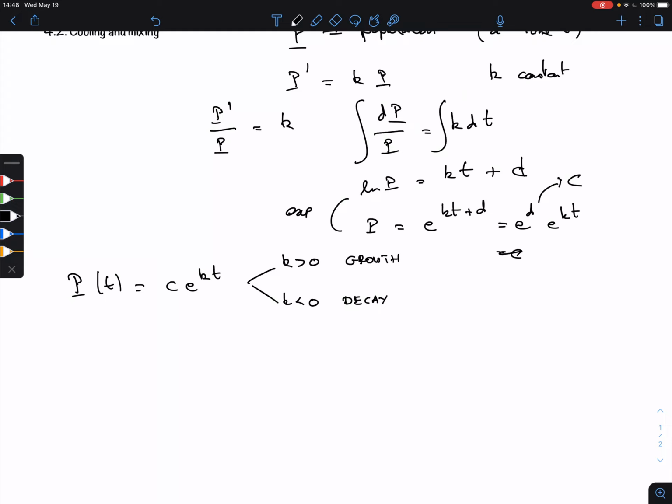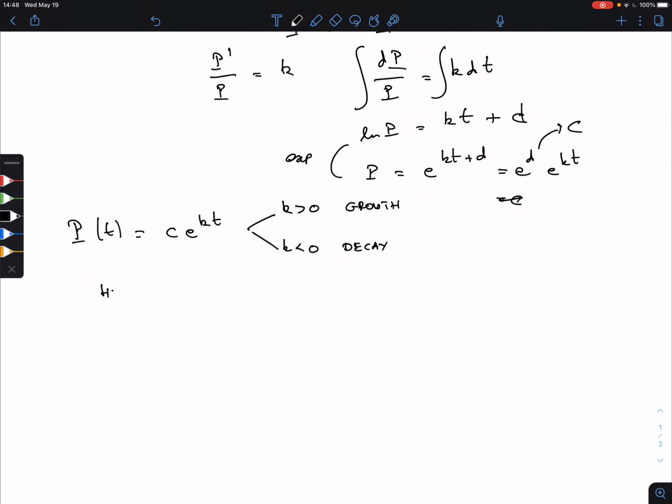In other words, the growth of the population here is in some sense the atoms that are around, or not the electrons. Sorry, the electrons that are part of the atoms of this isotope, and those diminish. So here we have a decay, and very often this decay is expressed in half-life. So the half-life of a radioactive substance